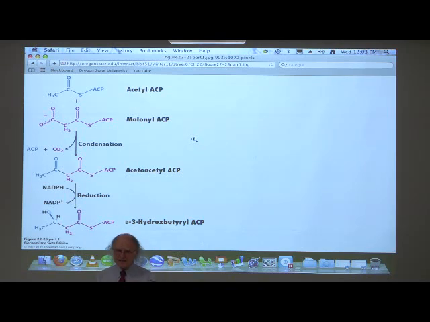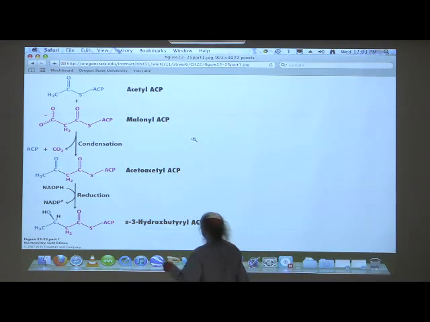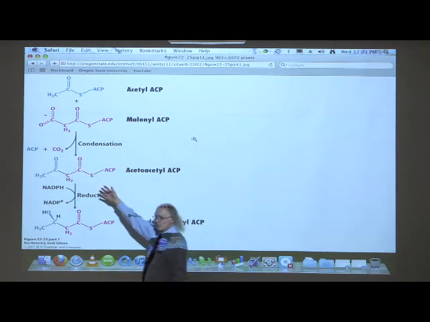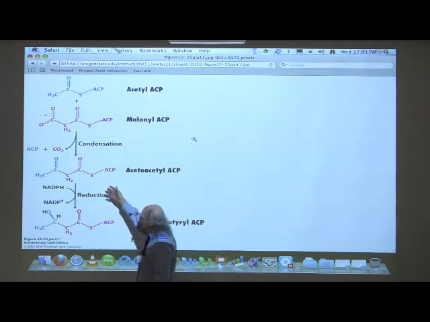Now that's not the exact opposite of what we did in the thiolase reaction where we split it off. Okay? Because when we split it off, we didn't come and bring back in an extra carboxyl group. So we don't have the exact reversal here. The other reactions that we'll talk about are pretty much the same reversals. Well, at this point we have acetoacetyl ACP. It has 4 carbons. Okay? And these 4 carbons